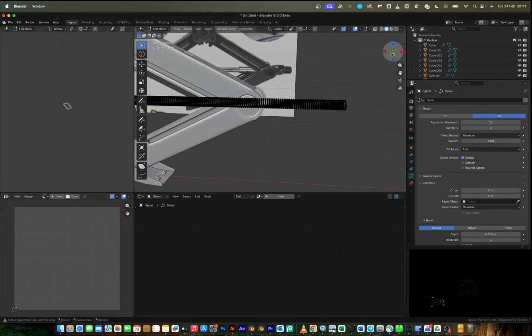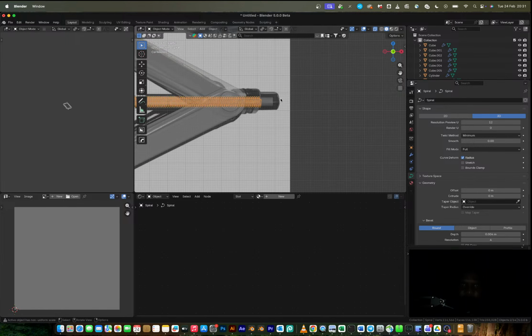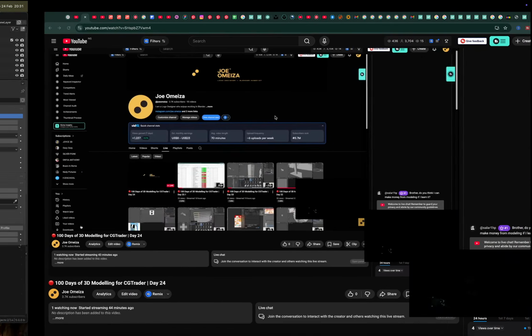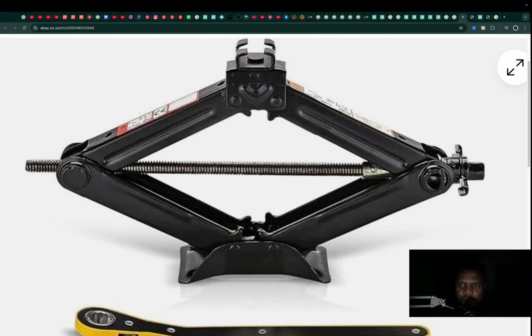So this right here, I can delete those vertices, and we're going to model the ending part of this. That's this part right here. This is looking like a cylinder,